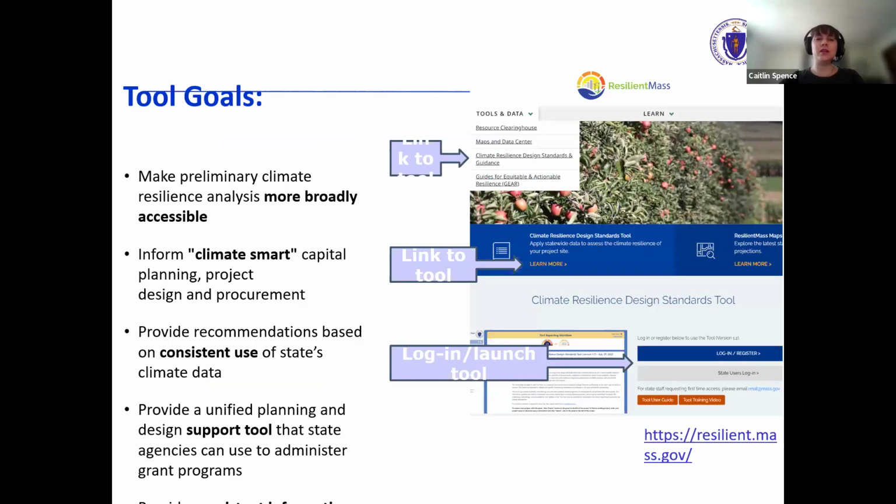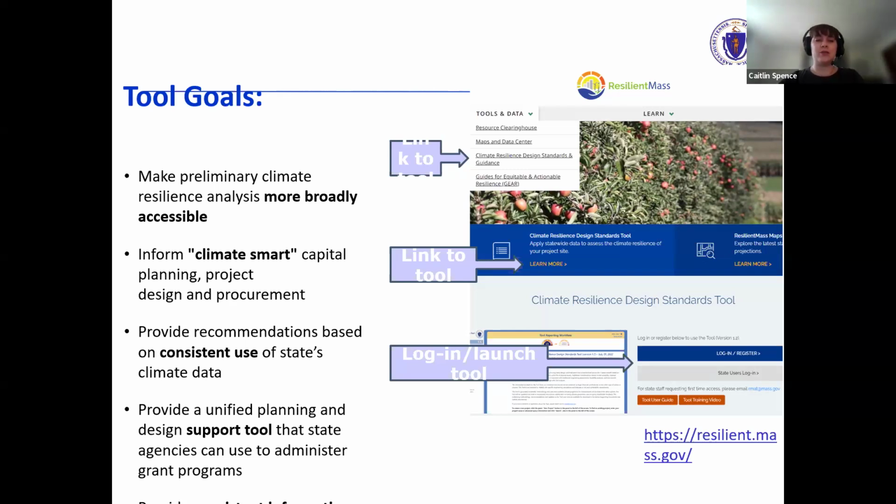The goals of the tool are to make a preliminary climate resilience analysis more broadly acceptable to those who are proposing new projects and want a sense of how to design the project for future climate change.